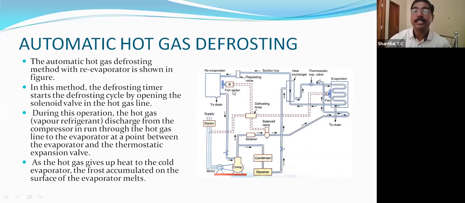In this re-evaporator also one fan will be there, and in the normal evaporator also one fan will be there. Here an additional line will be provided. That line has a solenoid valve. This solenoid valve is controlled by a timer, and this timer is controlling fan A and fan B. So when you need defrosting, what happened? This timer on